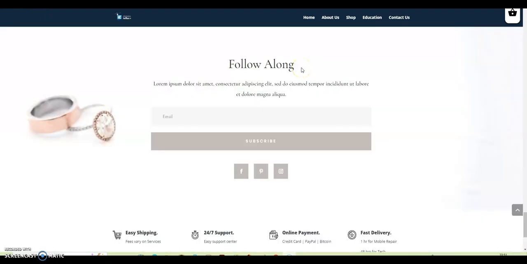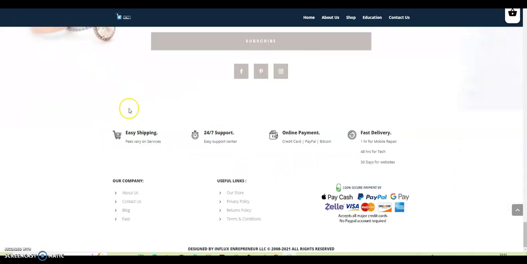And you have the option here to set up email follow-up, a free newsletter to build your list, and they can choose to subscribe, and they can share your content on social media such as Facebook, Pinterest, and so on. Or you can decide to put in your social media accounts here, or you can remove this form if you don't want to be using it.